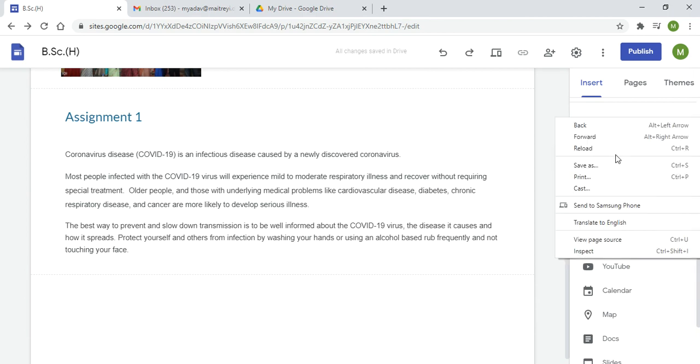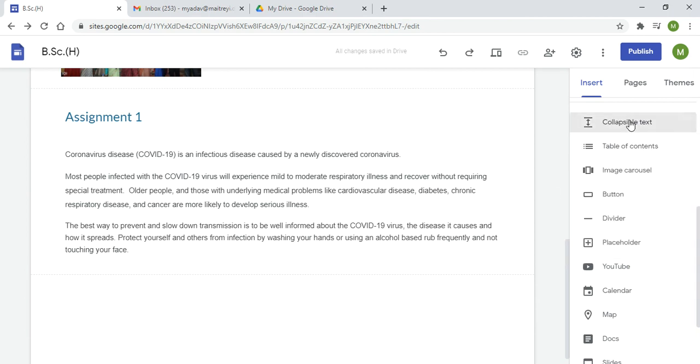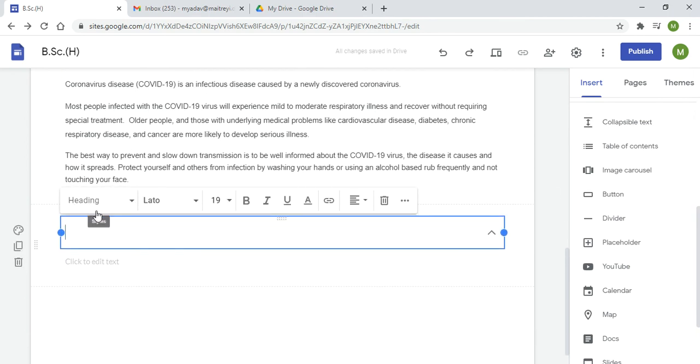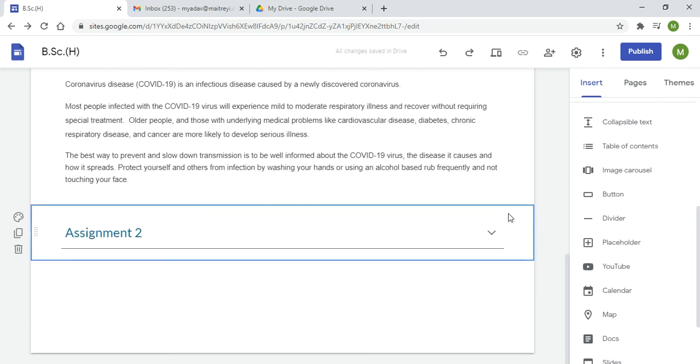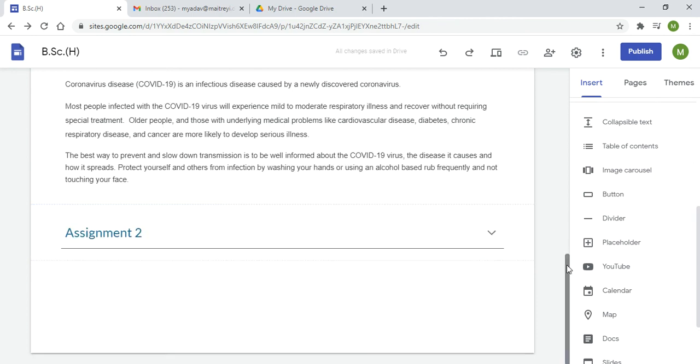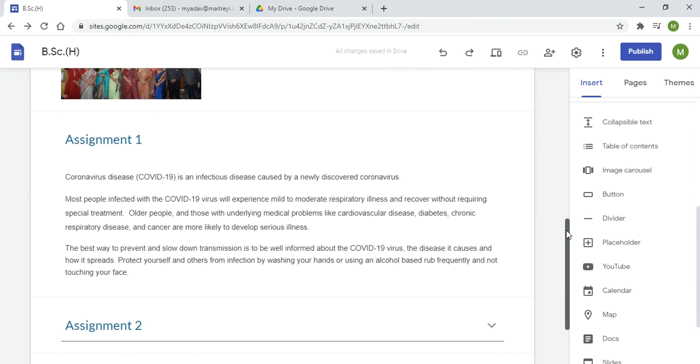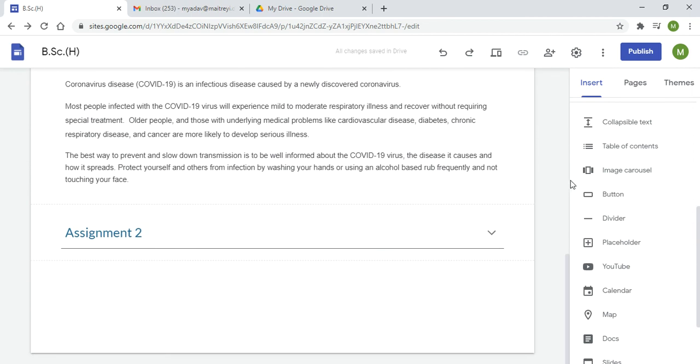And let us say I am putting here another assignment 2 here, and some content for the assignment 2. Now this is again collapsible, this is collapsible and this is non-collapsible. So two contents I have put.